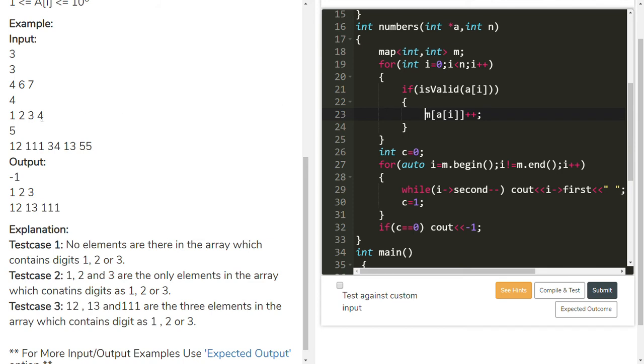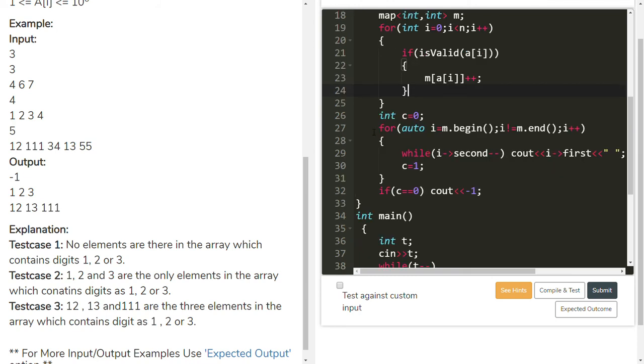The same way, i increments and 3 comes. 3 is also valid, entered into the map, and its occurrence value is 1. 4 comes. 4 is not valid, so it is not entered into the map. i is incremented, so i becomes 4. 4 less than 4 is false, so it comes out.